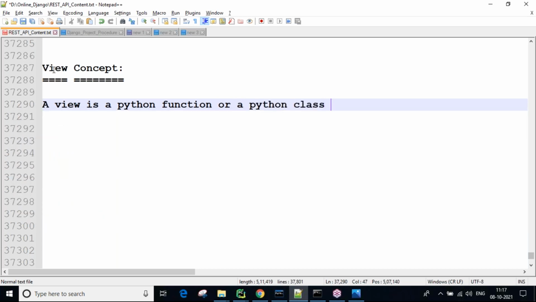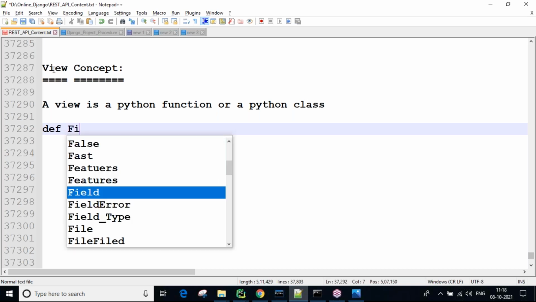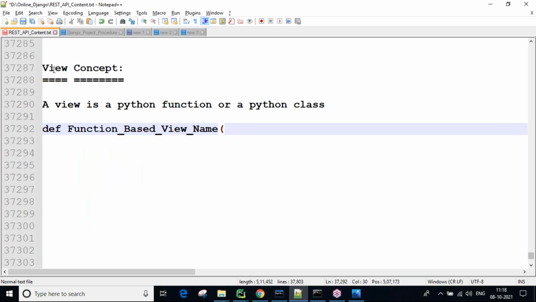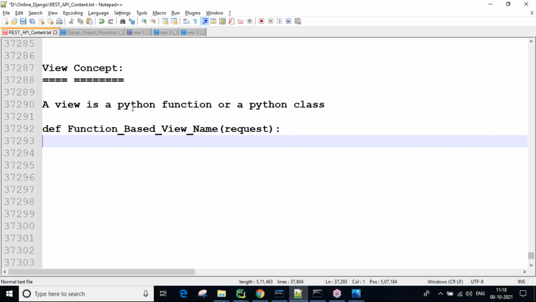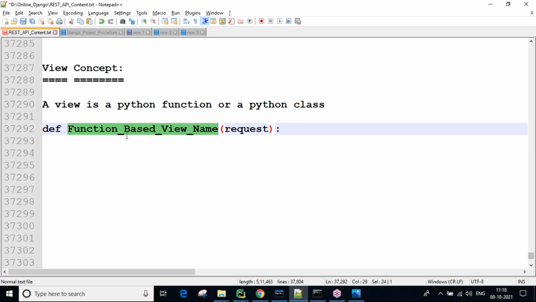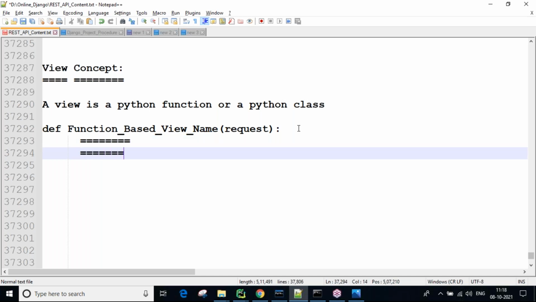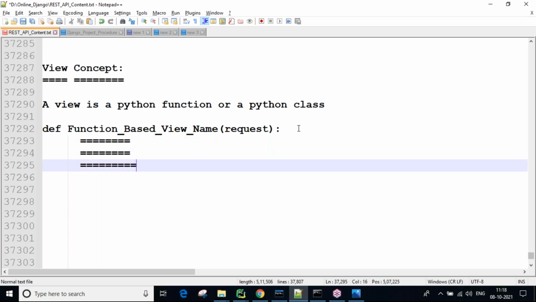A Python function means we write it using the def keyword, followed by a function based view name, followed by request. The view name is user defined, you can take anything. For understandable purposes I'm taking a function based view name, and here you can write whatever logic you want for function based views.